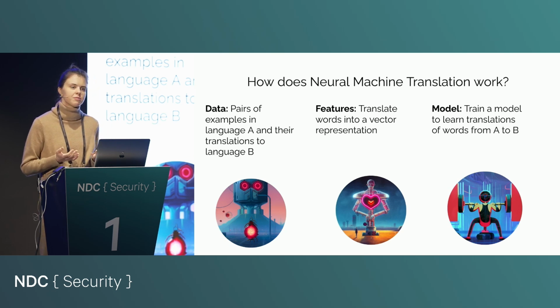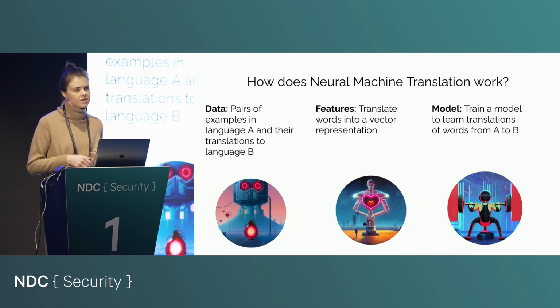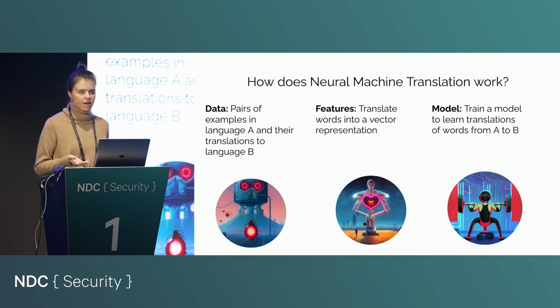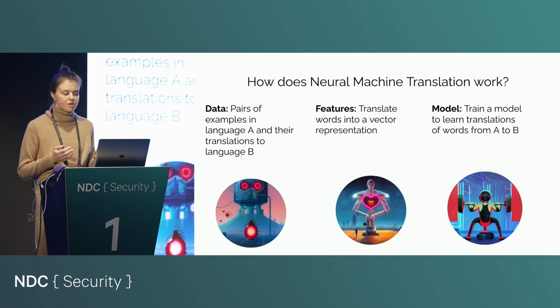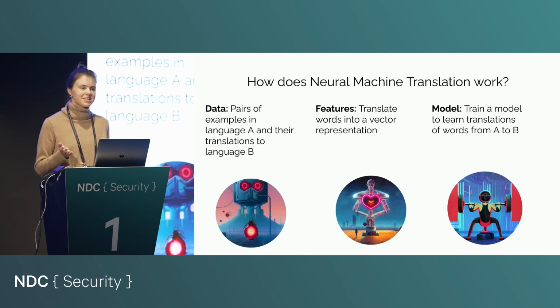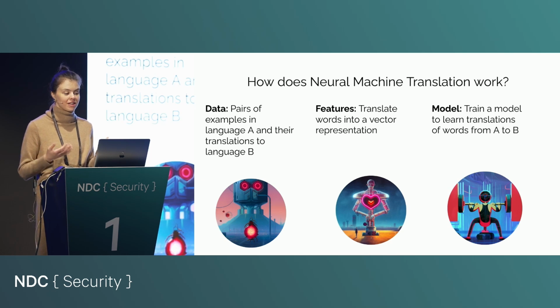Well, it works in a very similar way to how we trained our little toy malware classifier a few slides back. You start with a data set. In this case, it's pairs of sentences or examples in language A and their corresponding translations in language B. So you can already see that there is a bit of a data collection problem if you're doing this for a natural language, because you actually have to have humans translate this text. But that same problem doesn't exist if you're going to train a decompiler, because you can simply automatically generate a lot of training data for yourself.